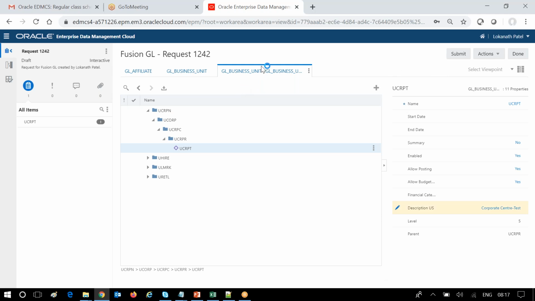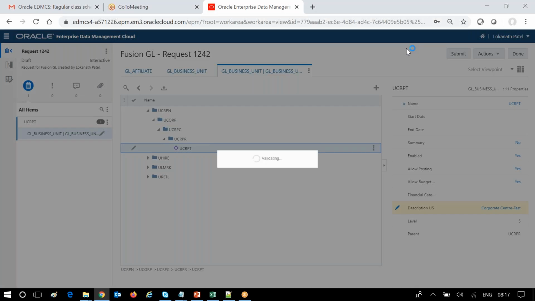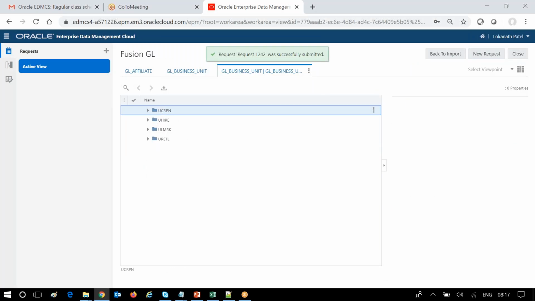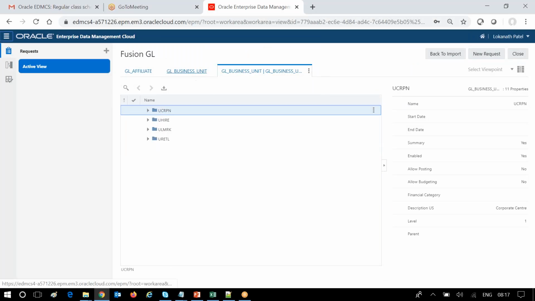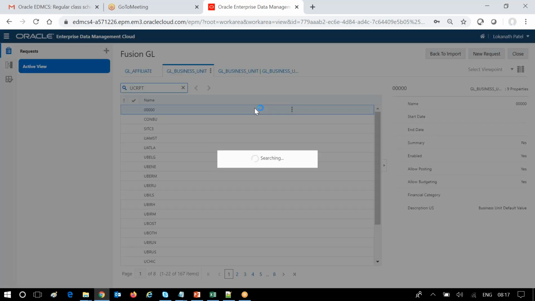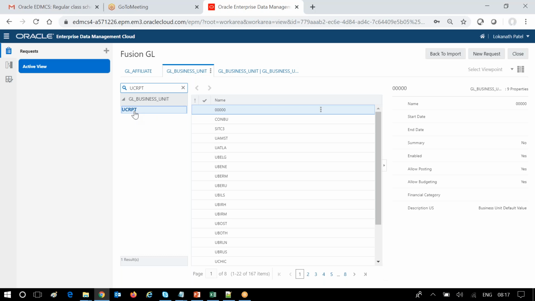So see here, I'm modifying in the hierarchy viewpoint. I have just changed the description property, and when I click on the submit button, now the changes are done. And if I go and search the same node UCRPT,